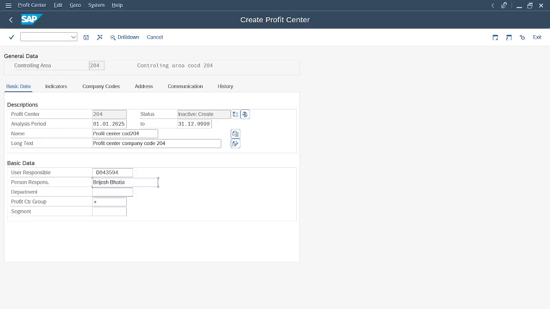Then the department, for which department this profit center is being defined. For example, I'm filling it for retail. Then profit center group, this will be by default 204. Which profit center you have given the identification, it will be the same.